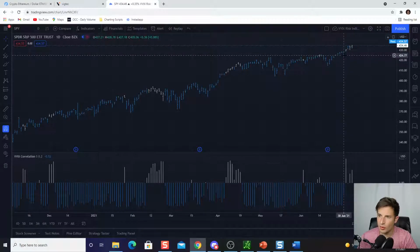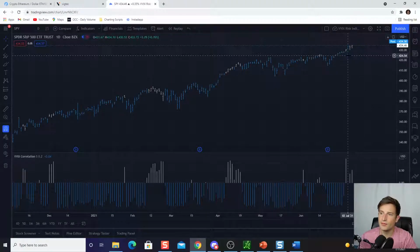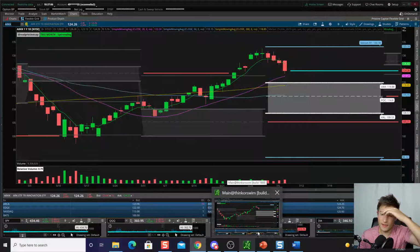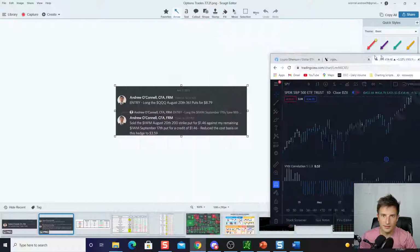You can see we had one before this, and it looks like that correlation flipped below the threshold. So this would have been 4 consecutively if not for this blue here. If I do get 4 of these consecutive white candles, I'll definitely be taking even more chips off the table. But for today, I just started with a quick little short position on the NASDAQ. Now it actually worked very well. So I entered that at 10:02. And if we look here,